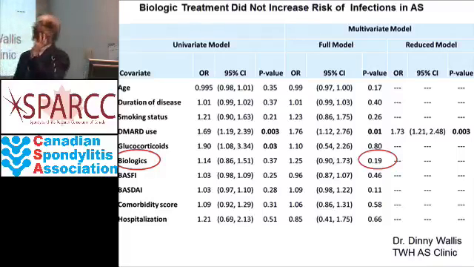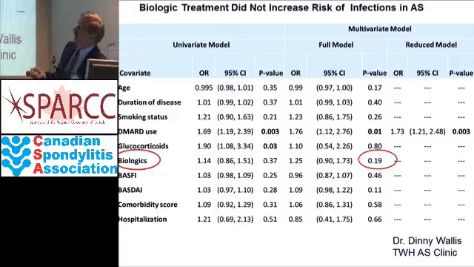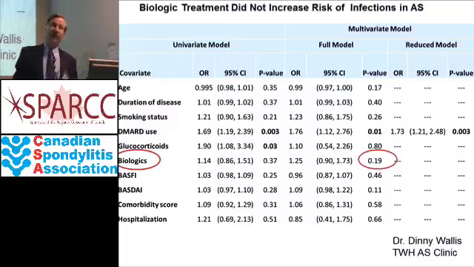So the safety profile is very important for the patients and for ourselves. This actually is data from our own clinic, from Ginny Wallace, who's gone back to the UK after spending a year in our clinic. The point of this slide is this is the p-value, which would indicate some statistical significance between the events. If you look at all our patients that had an infection over a fixed course of time in the clinic, the use of biologics does not confer any increased risk of infection from our own clinic. And that's pretty much mimicked by a summary of all the published data last year from Europe.